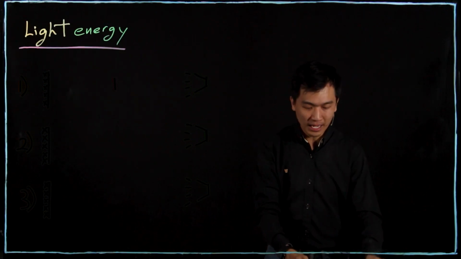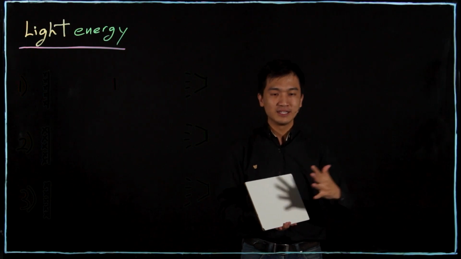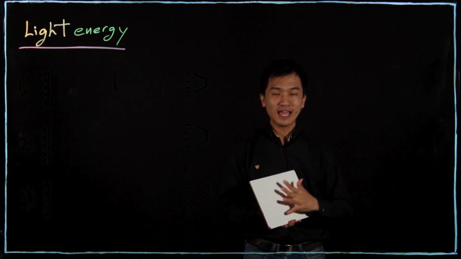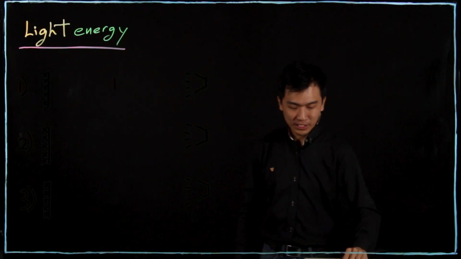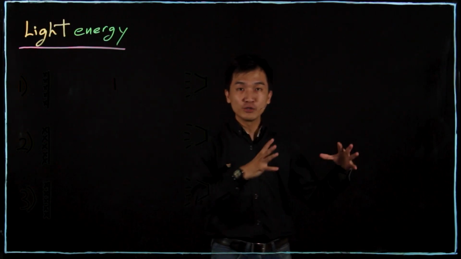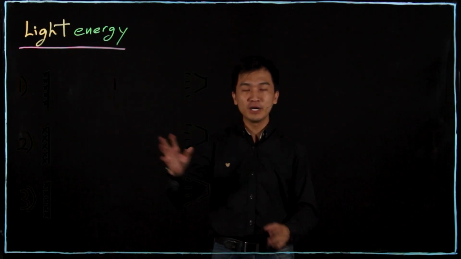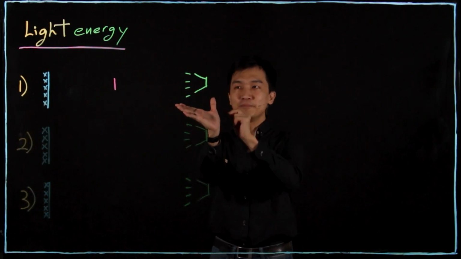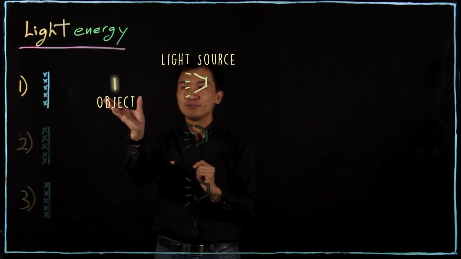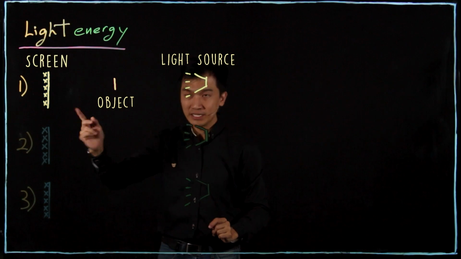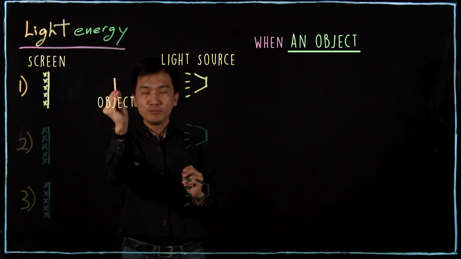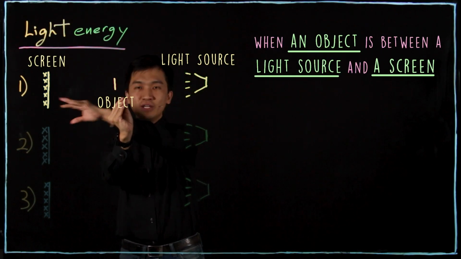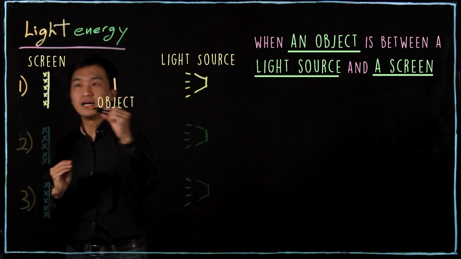In a previous video, I showed you something like this, demonstrating light and shadow. And that's exactly what we want to look at in today's video. Now, if I were to draw what we just did on paper, it will look like this. This symbol represents a light source, this represents an object, and this a screen. And every time you put an object in between a light source and a screen, you will observe that a